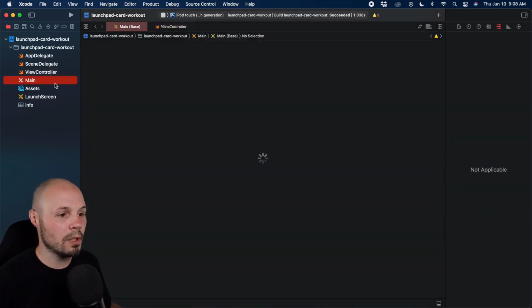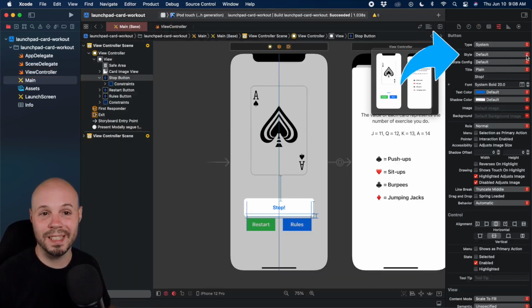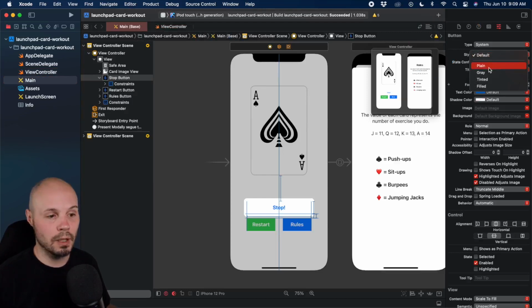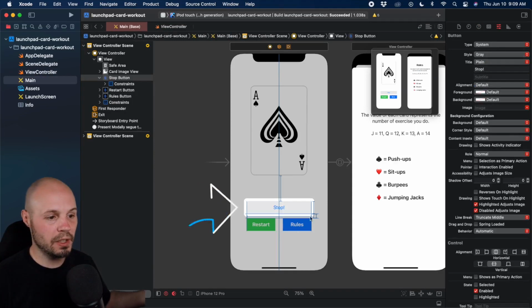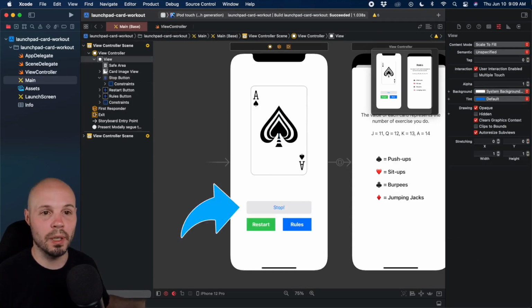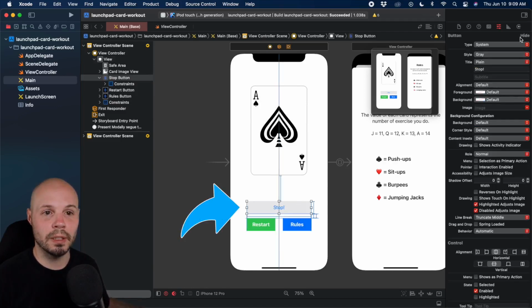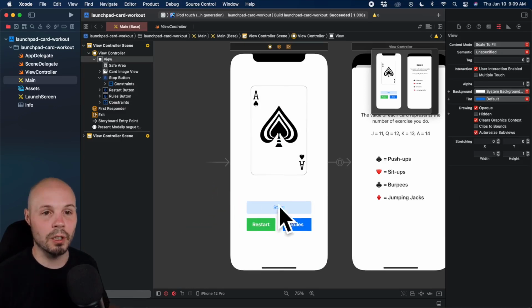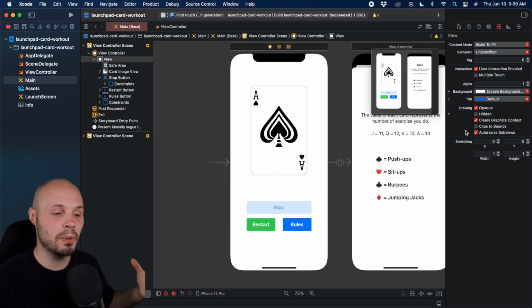So back to the storyboard, there's a new property here in the inspector called style. And you see I can do plain, plain will look like that, gray. You see you get that grayed out style, see on the button there. And then, okay, back to the button. This is the one I like, and I think I'm gonna use in a lot of my apps, is this tinted one, right? So you get that tinted with the dark color. That's good for visually impaired people, because sometimes two different colors don't contrast nicely, but this guarantees your contrast ratio